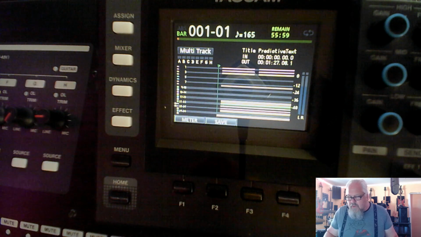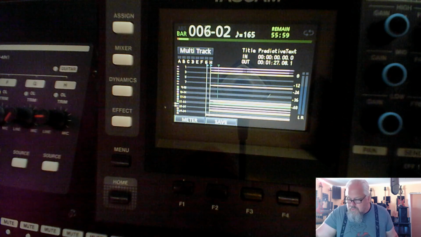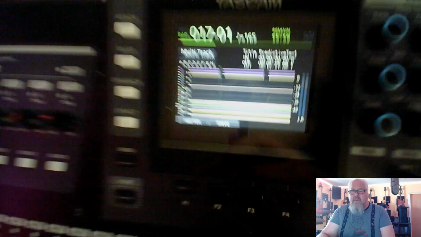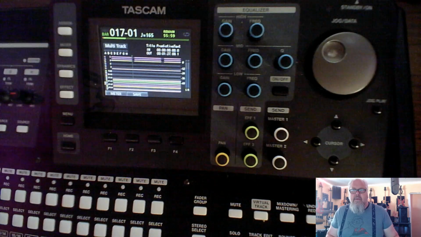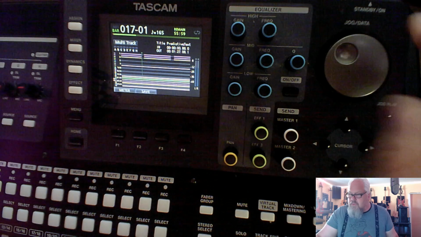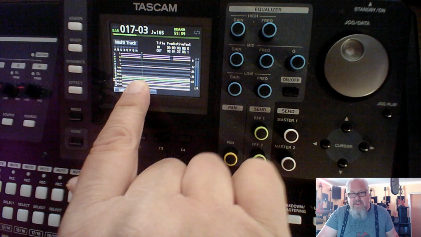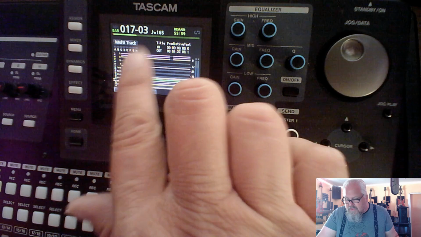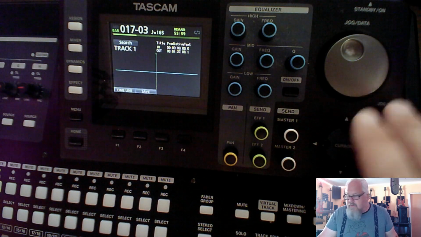Let's go back here. Now I've got my thing set up where I want it. I've got track 3 there. Let's go to where I want to go. I'm using the jog button. I'm going to pull out a bit just so you can see a little bit more here. I wish I could get a wireless one of these mics, cameras, it would be easier. I want to put the cue in between the lines. Then we're going to hit jog play. So we're now in